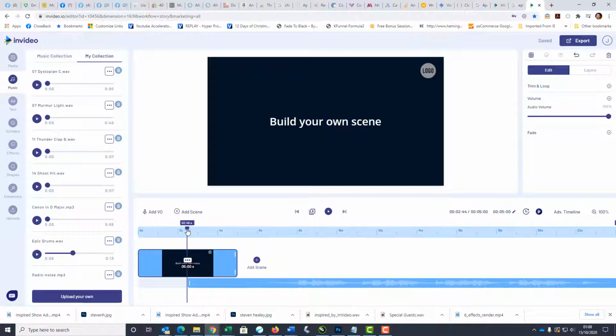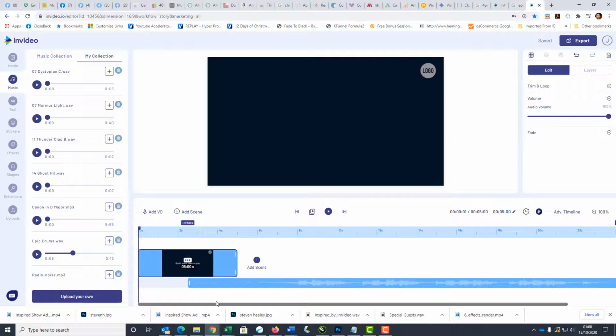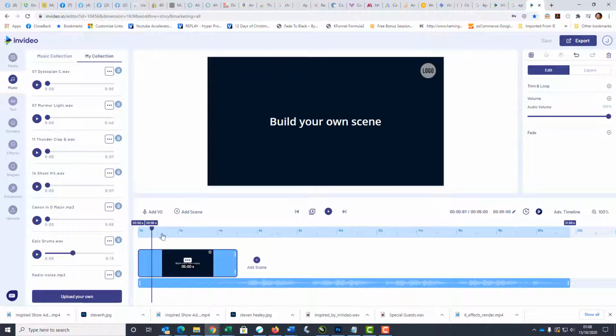Now lesson here. You see this wonderful thing here that you move up and down? When you add a voiceover or music, that decides where it's going to get placed. So we want this at the front, so I'm just going to slide it to the front. But the thing to remember is this magic line here determines where your music or your voiceover is going to